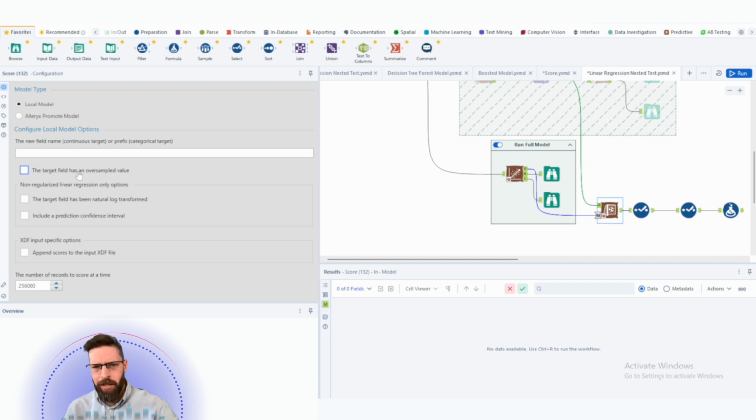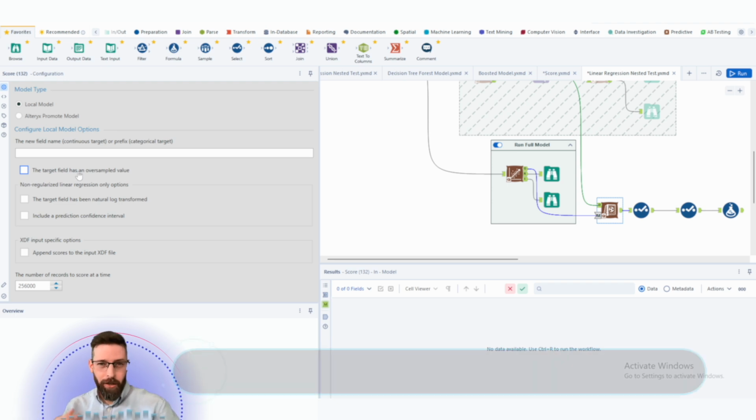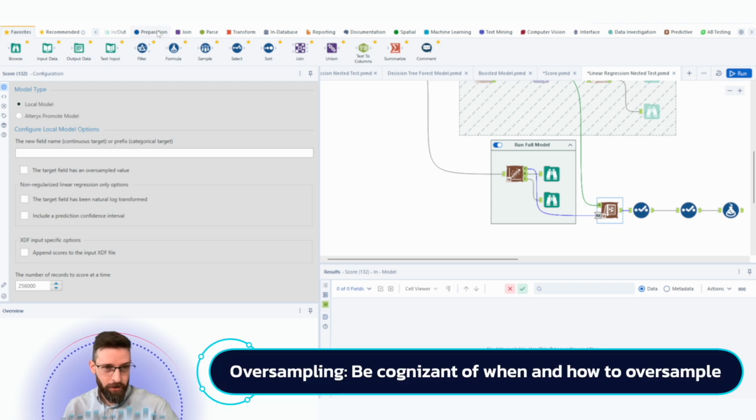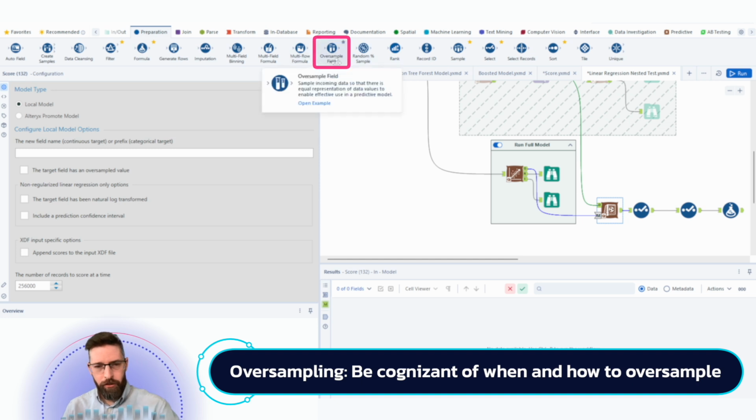This is a bit of an advanced concept about if you're oversampling. This comes up when you have, let's say, a data set that is very unbalanced. Like, let's say you've got 10,000 records, and it's about cancer treatments and cancer positive rates, and only 20 rows in your data are actually positive, but the rest are negative. You're going to want to oversample in that instance, which comes up here. And the reason you want to do that is because you want to make sure that you have a representative share of